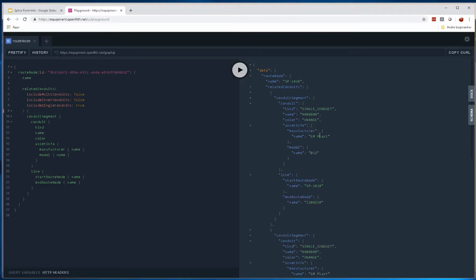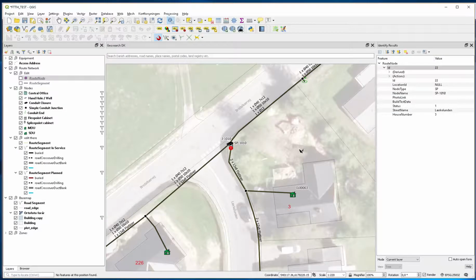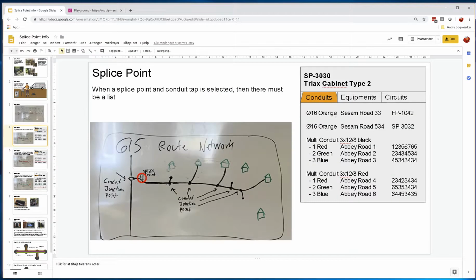So now we have the manufacturer and the model name, the color of the conduit. So I think we pretty much have everything we need now. Oh, we have also where it's heading, the